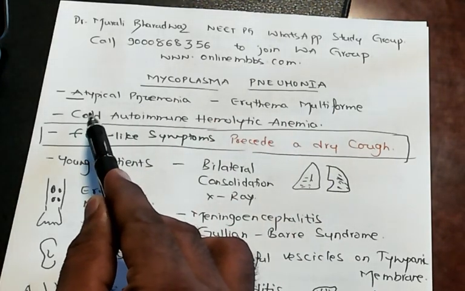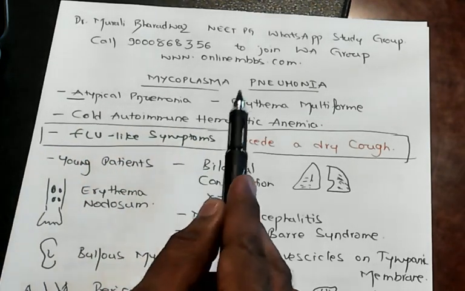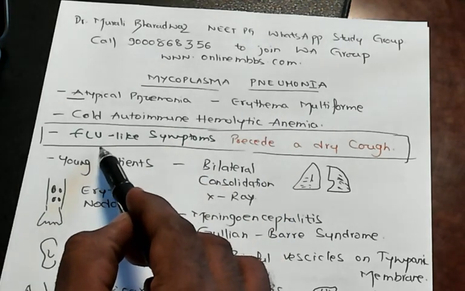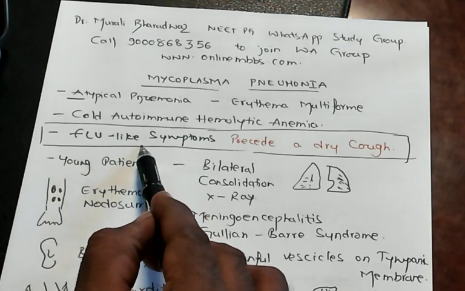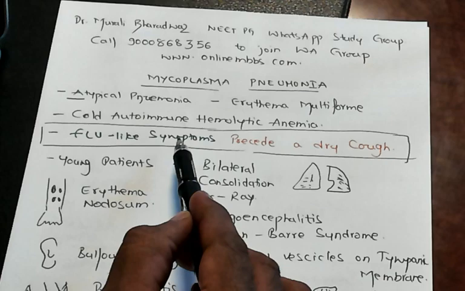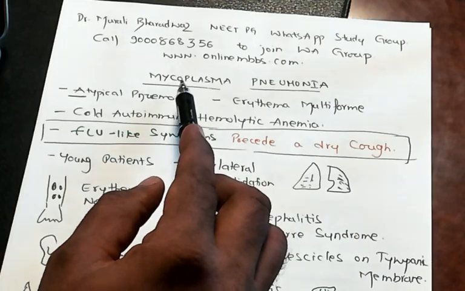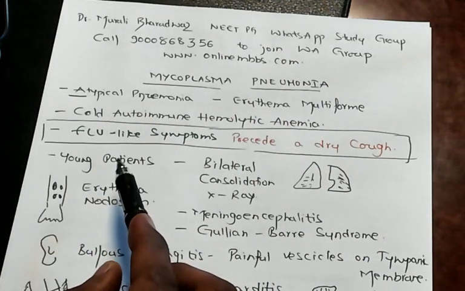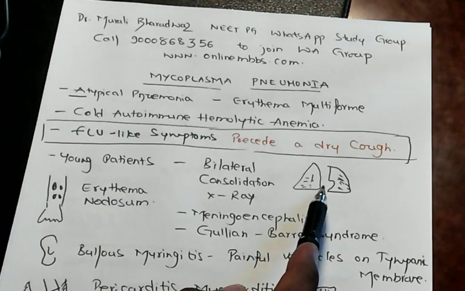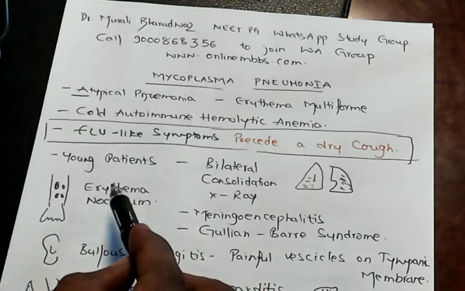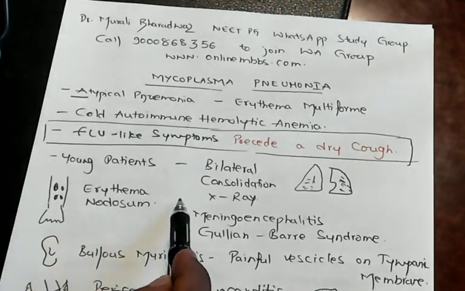Now, mycoplasma leads to cold, not warm, cold autoimmune hemolytic anemia. And what is a very characteristic clinical vignette, doctor, in the exam? There are flu-like symptoms in the patient which have preceded a dry cough. If that is given in the history, you need to think about Mycoplasma pneumonia. Now, typically the patients are young patients who get mycoplasma. There is a bilateral consolidation on the X-ray, and mycoplasma is one of the causes for erythema nodosum, which is